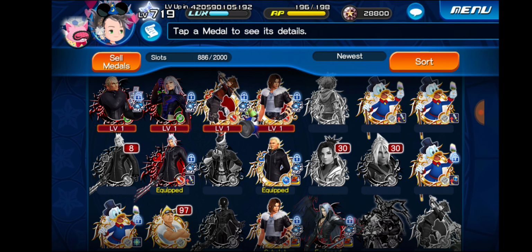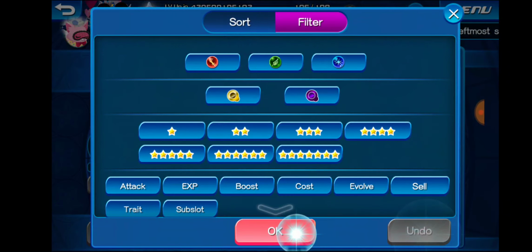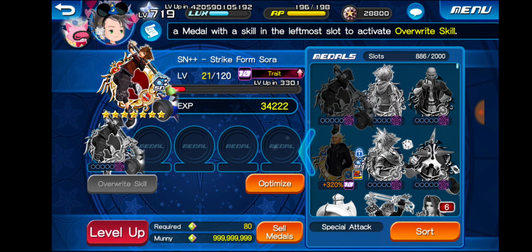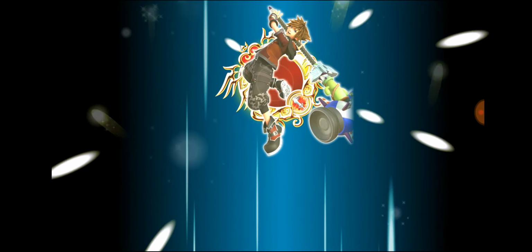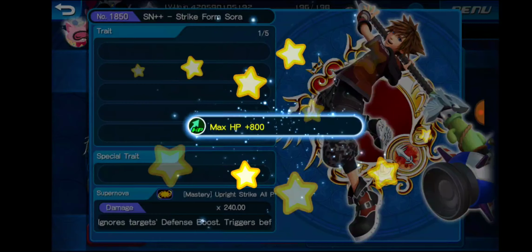And, yeah, okay, so let's start with Strikeform Sora. I think I have one trait for him, at least. Could be wrong. Okay, so I do have one trait for Strikeform Sora. Let's hope for extra attack, because that would make my PvE setup really, really good. Would love it for my Coliseum setup. Let's go. And he's also a really solid PvP medal, so...